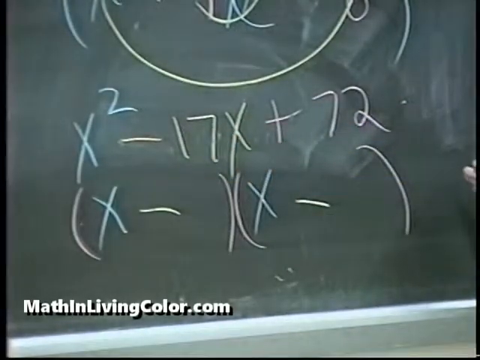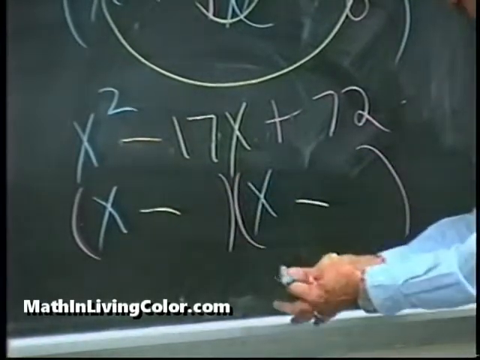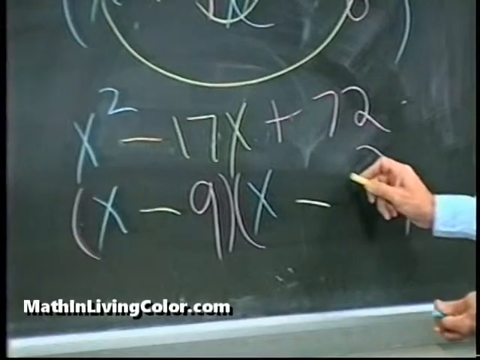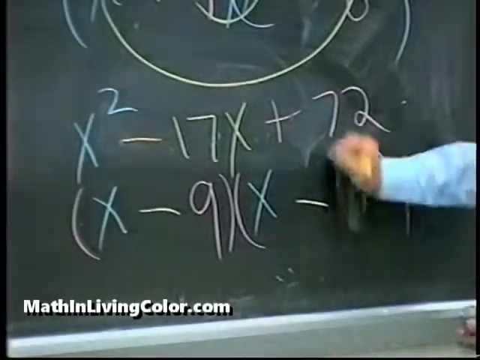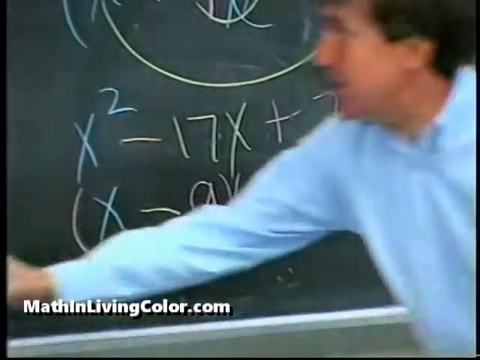And the numbers are the same as they were before, except negative. It'll be negative 9 and negative 8. Whoops, wrong color. Sorry about that. Any questions on that? All right, let me take